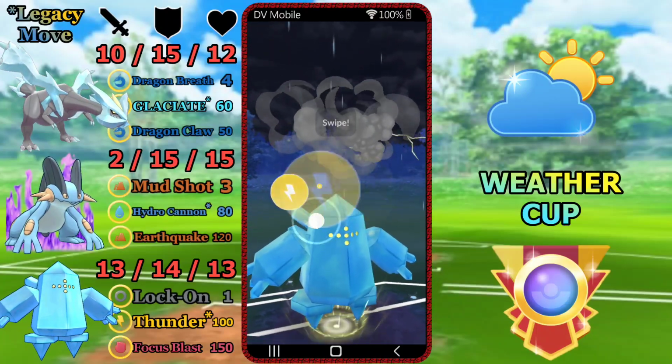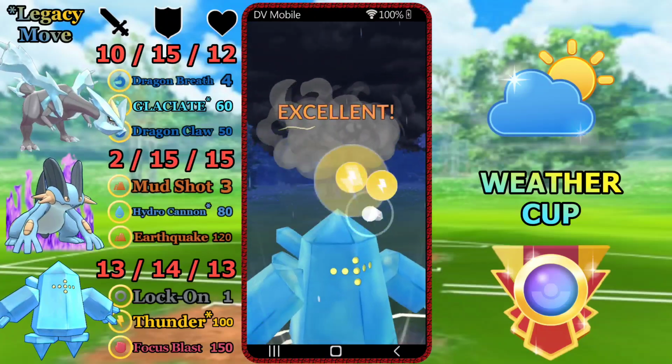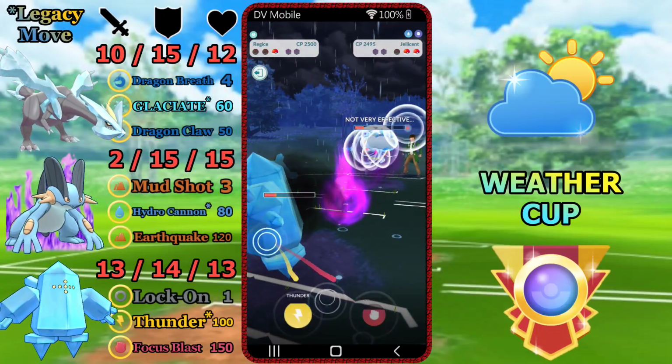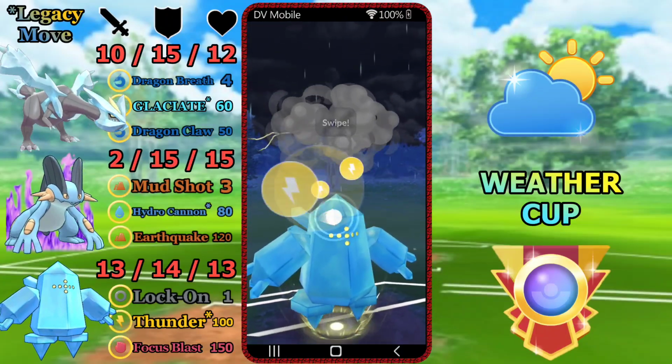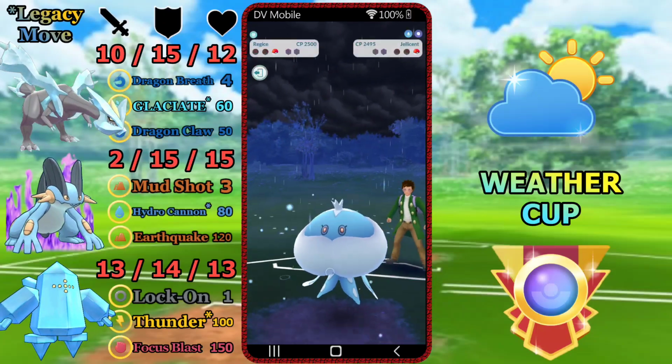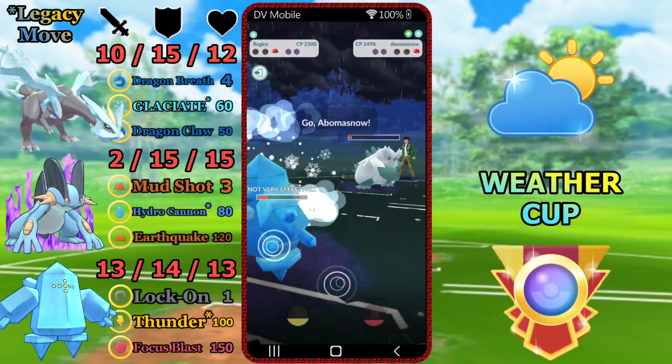They bring in the Jellicent. We've got nearly 2 Thunders built up. Throw the Thunder, get the shield. We should get to the second Thunder, because this Jellicent is energy dry through a double Shadow Ball. Take them out. And now it's going to be an absolute race down to the wire between Resisted Powder Snow